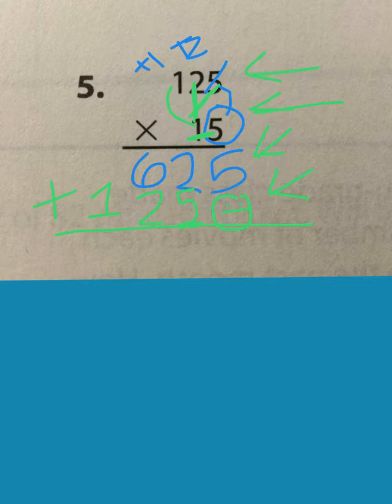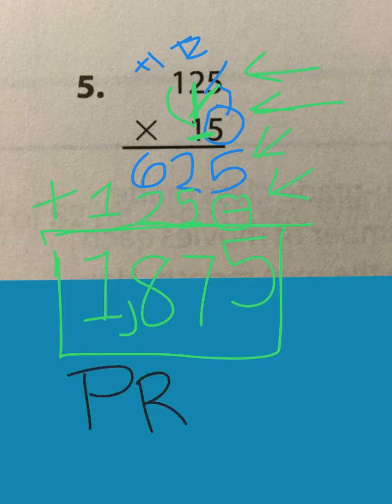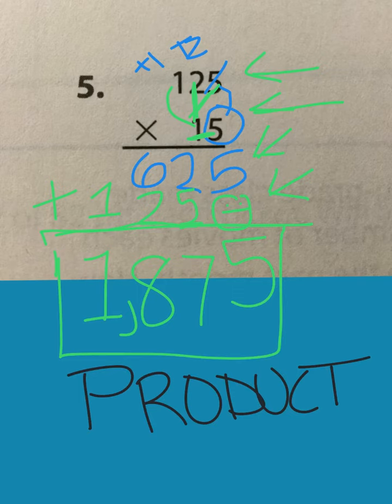Everyone knows what product means. It means the answer to a multiplication question. 5 plus 0, 5. 2 plus 5, 7. 6 plus 2, 8. Second grade skills here. 1 plus 0, 1, add a comma, box your answer. 1,875 is our answer, or we can call this our product. It's the product of 125 times 15, right? Those are our factors. Okay, so now that you've seen that, rewind it a couple times if you have to,